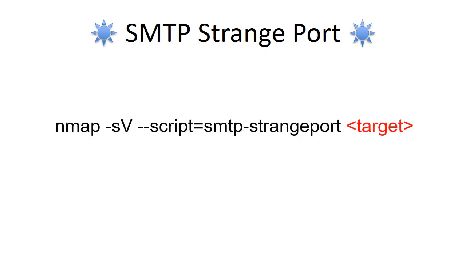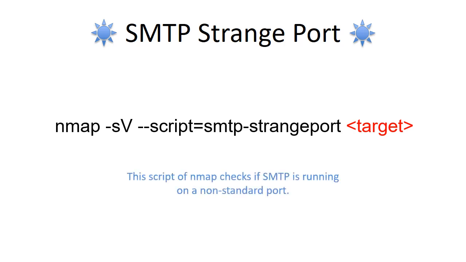SMTP, Simple Mail Transfer Protocol, is a TCP/IP protocol used in sending and receiving email. However, since it is limited in its ability to queue messages at the receiving end, it is usually used with one of two other protocols, POP3 or IMAP, that let the user save messages in a mailbox and download them periodically from the server. This script checks if SMTP is running on a non-standard port. This may indicate that crackers or script kiddies have set up a backdoor on the system to send spam or